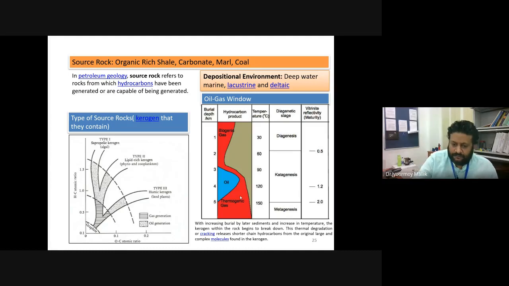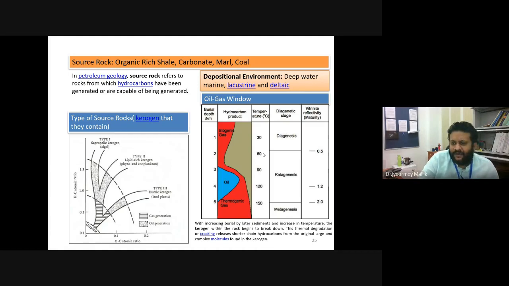Now, I give you a source rock in the laboratory. How would you find out what type of temperature that particular source rock has gone through? Whether that particular source rock has generated oil or gas, or it has actually not matured enough. Say, for example, it has not suffered a temperature above 60 degrees, or it has gone way beyond 180 degrees centigrade. How would you know? What would you do?